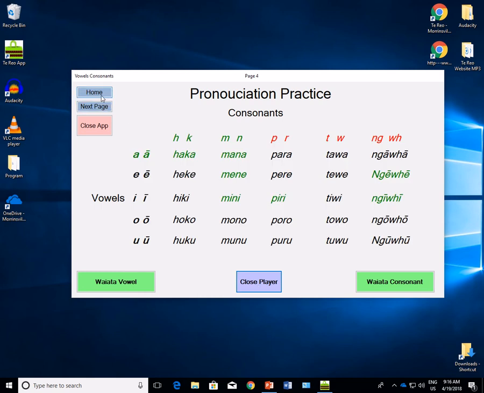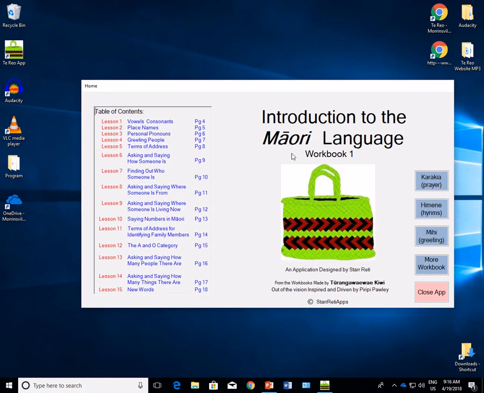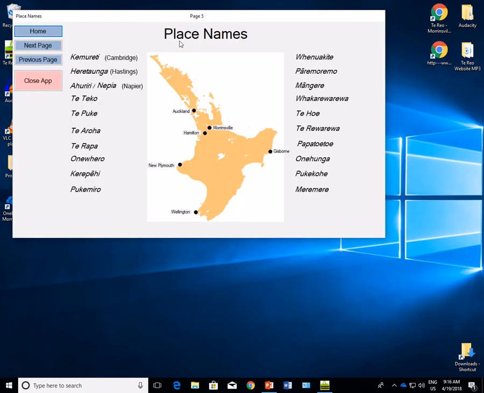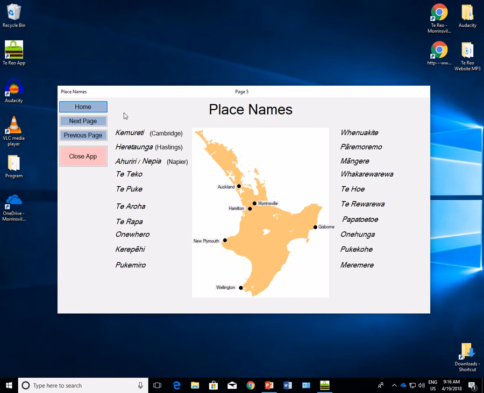Along the side here we've got go to the home page, go to the next page, and close the app. We've already seen what close the app does. The home page takes you back to the first page where the table of contents and the title of the workbook are. The next page takes you to the next page in your workbook. If you click on that, it'll pop up like that. I'm just going to move that down. Once again, you just click on one of these Māori words and it'll pronounce the word for you. But not only that,